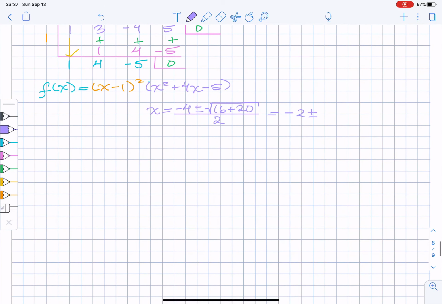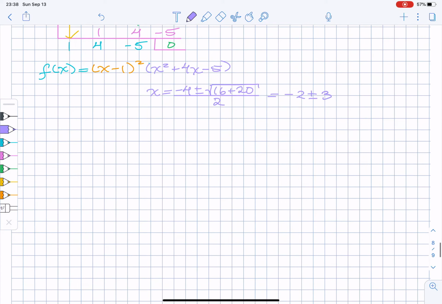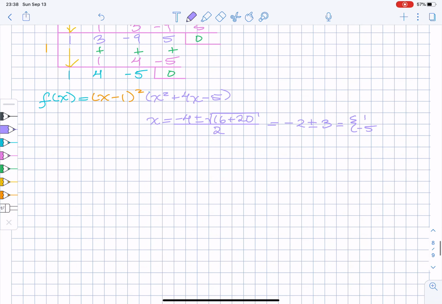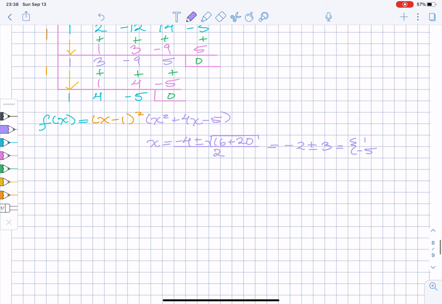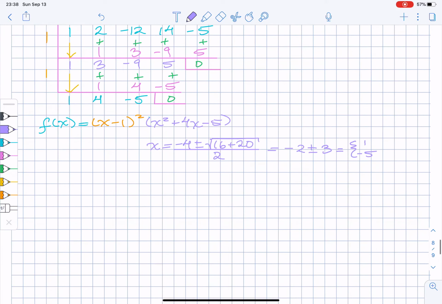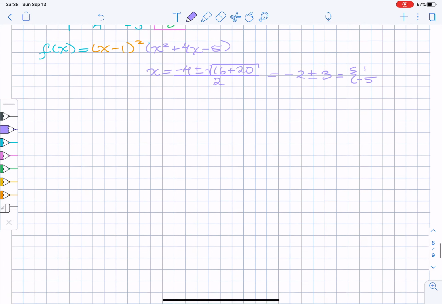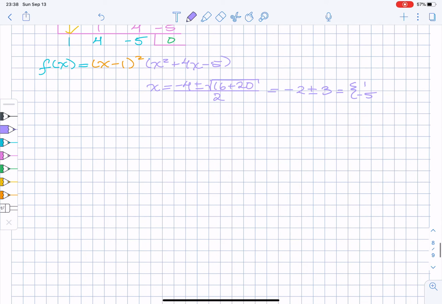So the square root of 36 over 2 is 6 over 2, which is 3. So we get 2 roots, namely 1 and negative 5. Nope, that's not going to work. Negative b plus or minus square root. Yeah, it will work actually. Okay, never mind. So that means that x is going to be